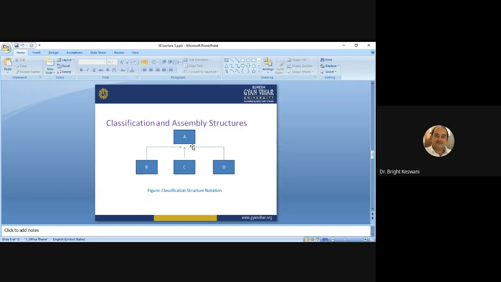Take science, for example. Science is a broad category. When we talk about science in generalized form, we are talking about all the branches. But when we talk about physics, chemistry, biology, and other branches of science, then we are more specific; we are talking about domain specific knowledge. This is called specialization.